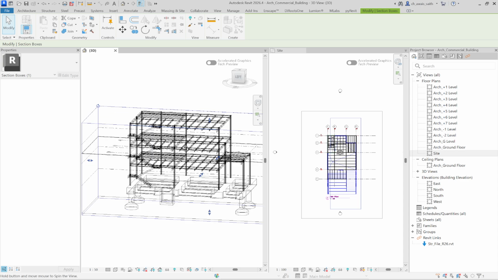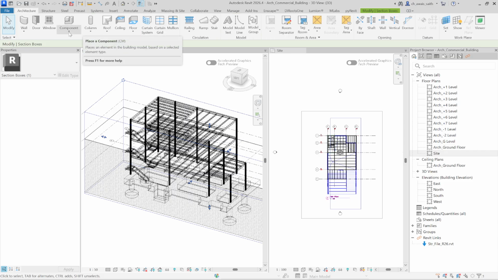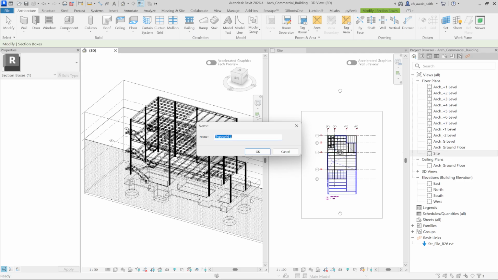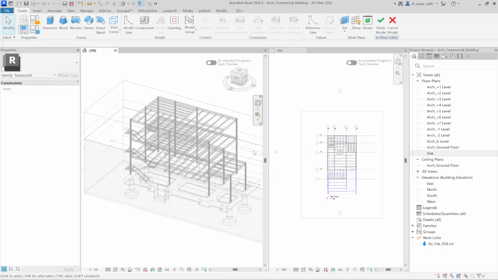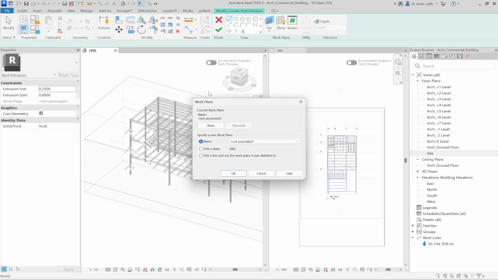For this we go to architectural components and model in place. Here we have toposolid, make it OK, and here by creation panel we use void extrusion. Through void extrusion we set our work plane